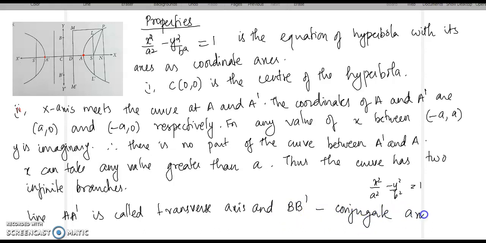So for the hyperbola, AA dash is called the transverse axis, and the axis BB dash is called the conjugate